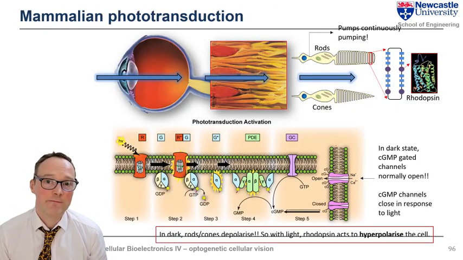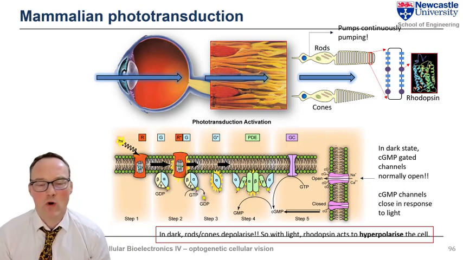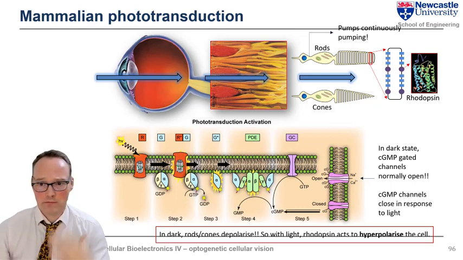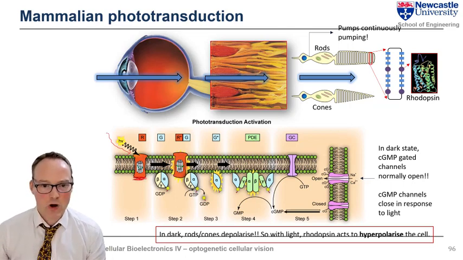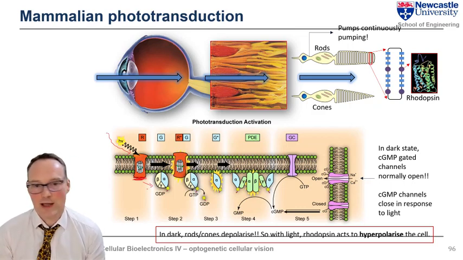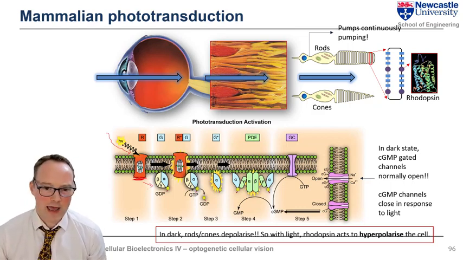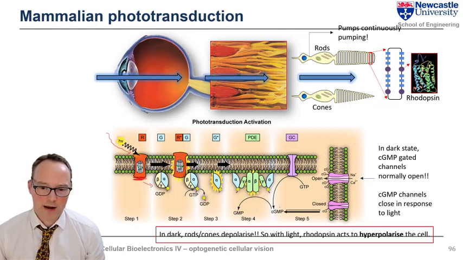Now, in the case of mammalian vision, we have what are called rhodopsins. And what rhodopsins do is a bit like the description I mentioned before with GPCRs, except now light comes in and activates the rhodopsin protein, and the rhodopsin protein then activates this G protein component, GDP. That in turn starts a chain reaction, and to cut a long story short, it converts cGMP back into GMP,